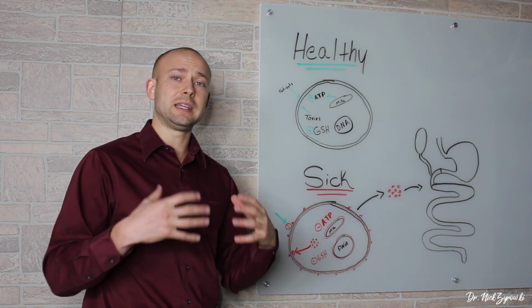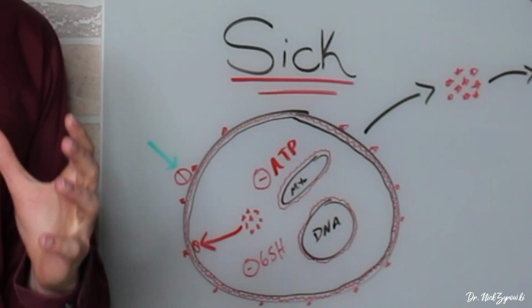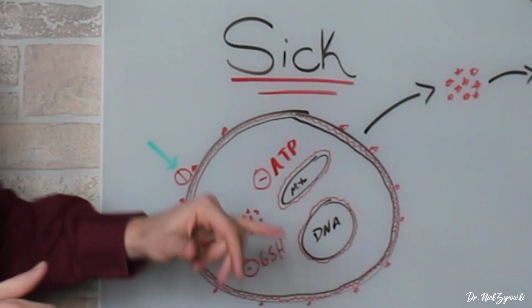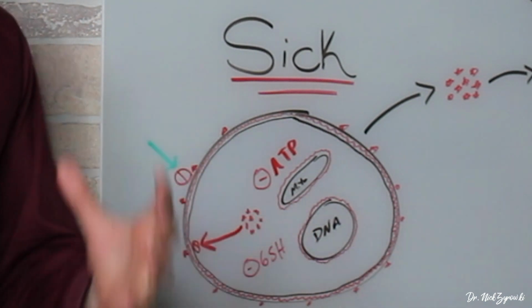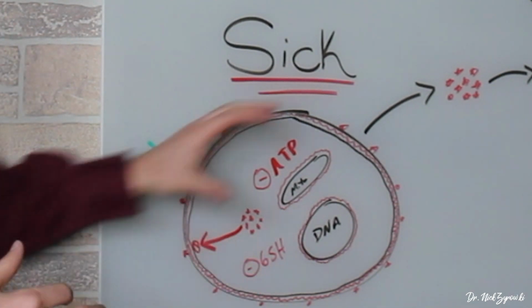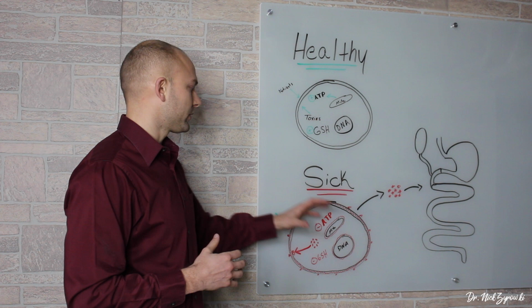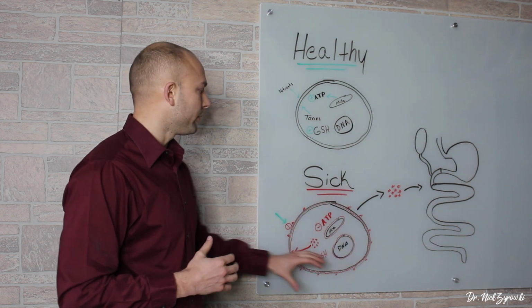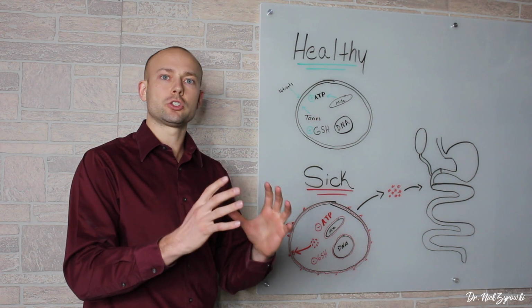So the key is not only to get that glutathione back in the body, but also get it into the cell. And then last but not least, what happens in a toxic cell is the DNA can become mutated. When the DNA becomes mutated, the cells are inflamed. This is when cancer starts to present itself. This is when heart disease starts to present. So, with the cellular inflammation, we get diabetes, we have all these different conditions that are associated with